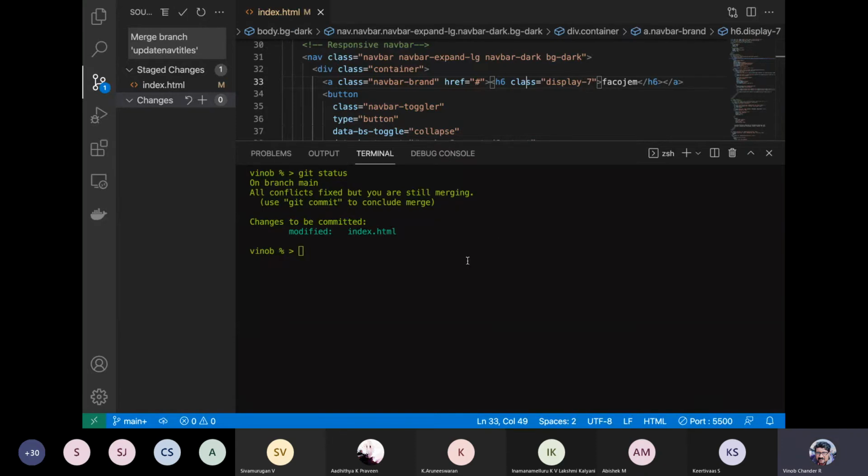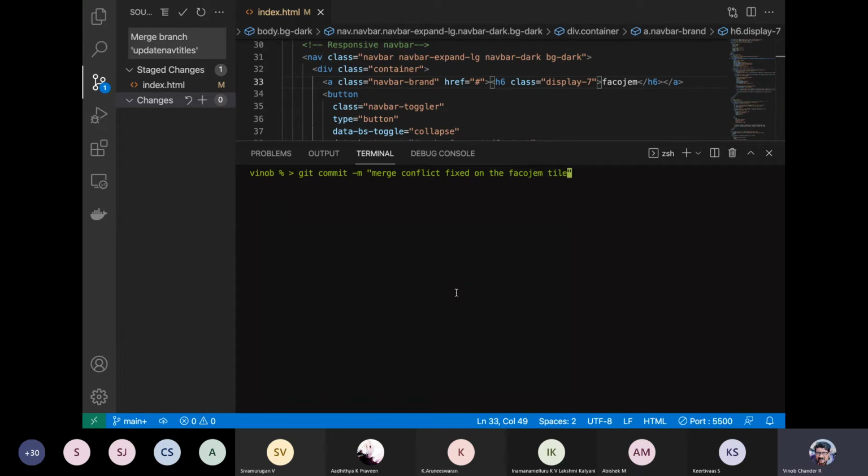Fine. So here we have just modified it. Let us see the status. Let us do git commit -m "merge conflict fixed on the Phacogem title style."